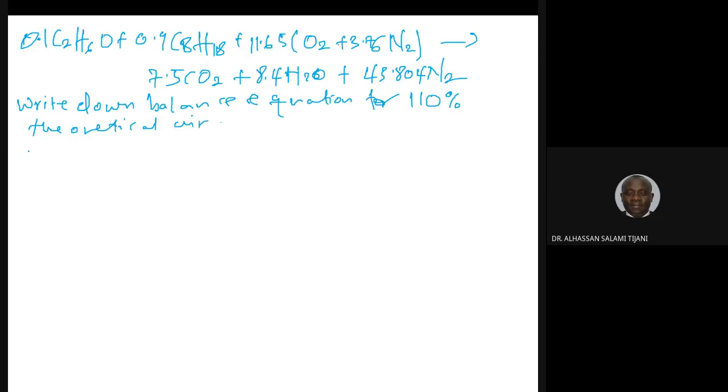So now what we will do is just a repetition of all that we have written before. We have 0.1 C2H6, and then oxygen, plus 0.9 C8H18, plus